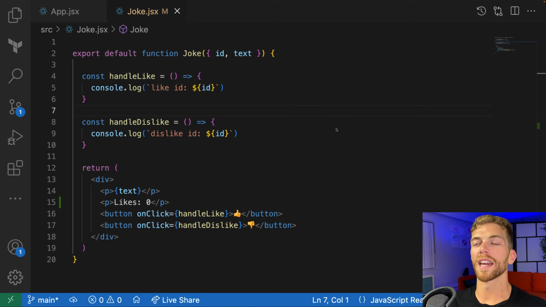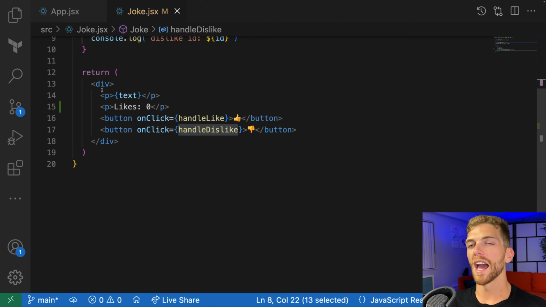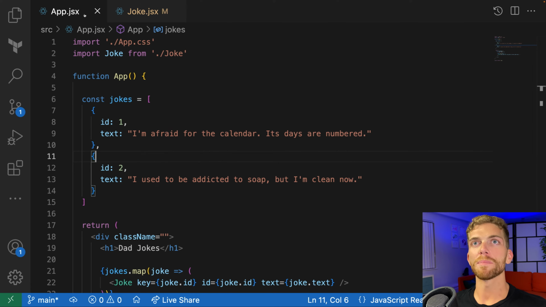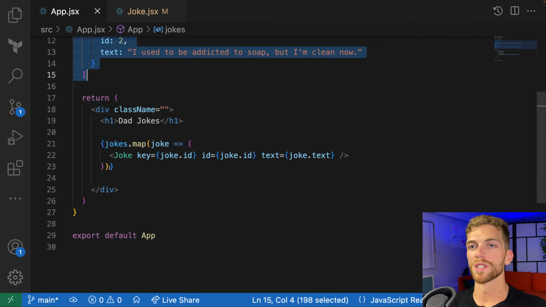So this is my application. I have a joke component that accepts an ID and some text. I have two event handlers here, one for liking and one for disliking. And then this component just displays the text, the likes, and two buttons for liking or disliking. Then in my app component, I have an array of jokes, and each of those is rendered using that joke